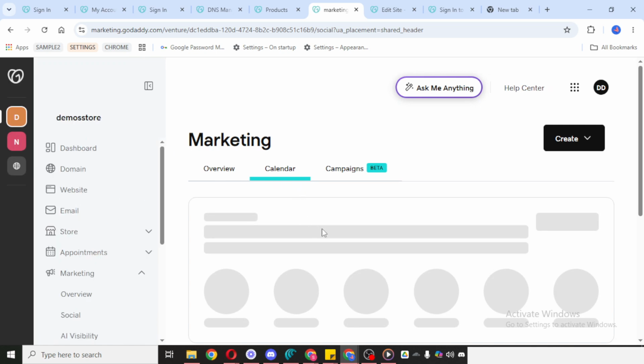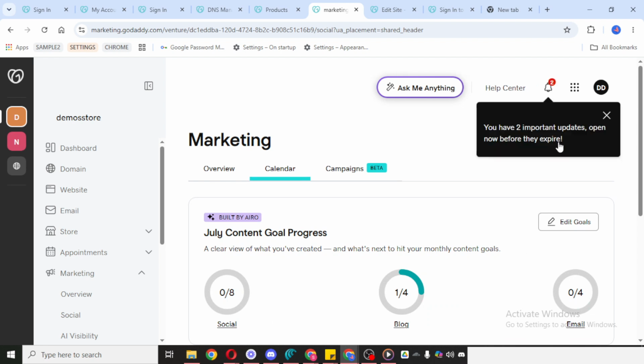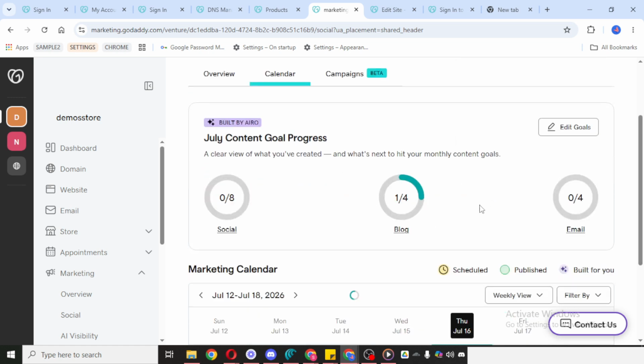After choosing the option you prefer, go ahead and enter the necessary details. Take your time here and fill in the information carefully so your calendar stays clear and useful. Depending on what you selected, this may include things like the title, date, descriptions, or other relevant content details. The more accurately you complete this part, the easier it will be to manage your schedule later.